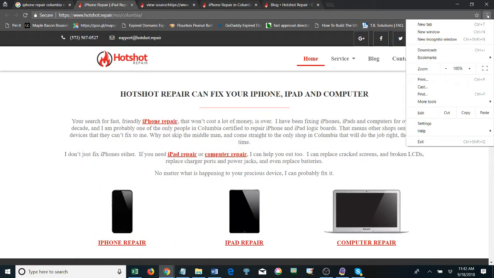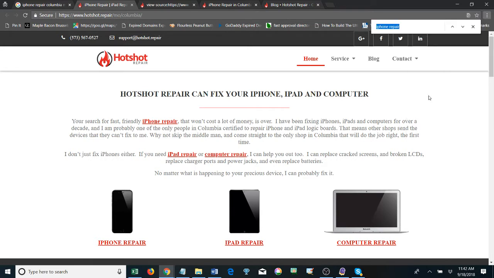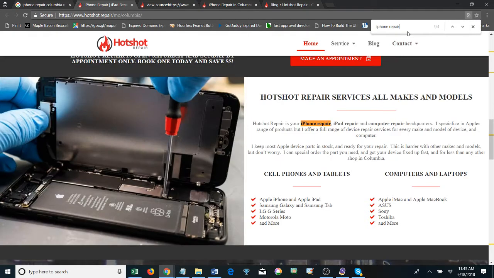I wanted to show you your H1 because I knew it was hidden. You kind of do a search for iPhone repair. This is good. Keep that and keep it hyperlinked to your inner page since that's where you want to rank. Then we have iPhone repair, but again, it's targeted to your inner page. So that's fine. You have iPhone repair down here. So this is a small signal, so it's not as large.